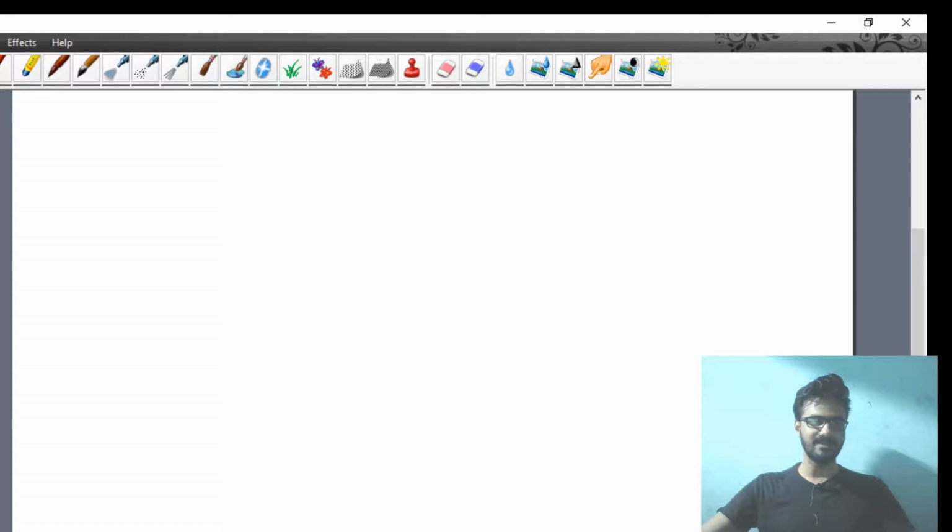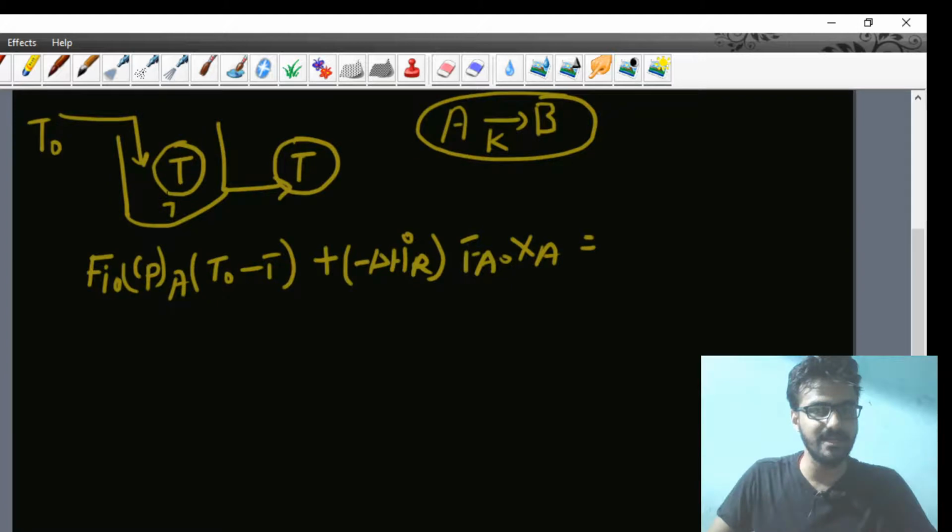Here I am assuming the shaft work is 0 and the process is adiabatic, meaning you don't have to supply energy from an outside source. So Q will also be equal to 0 and W shaft I am assuming to be 0. These two terms will be 0, so the equation equals 0. I think it's very clear to all of you now. Try to understand what's happening. Now we have to calculate the value of T only, because our desired output is T.